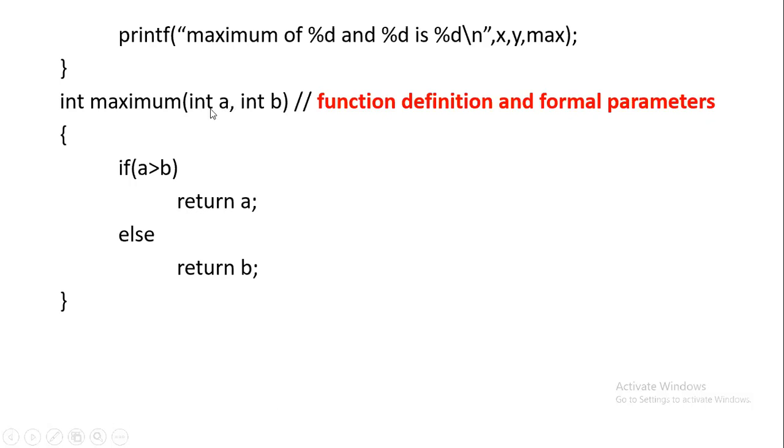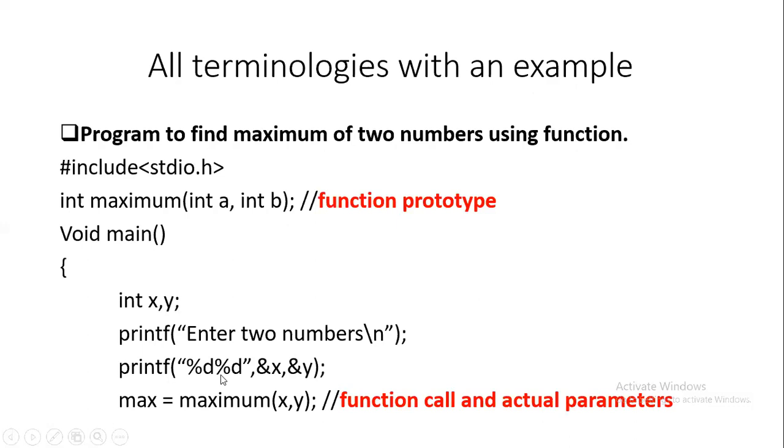A and B are formal parameters. Now from x and y, we got the values. A is 3, B is 4. That is taken into the function. So 3 greater than 4, no, the condition is false. So it comes to the else part and we have a return. Return means it will return this value to the function call, right? Here 3 greater than 4, no, so 4 has to be returned, B has to be returned. It returns the B value and that gets stored in the variable max. B value is 4, so max becomes 4.